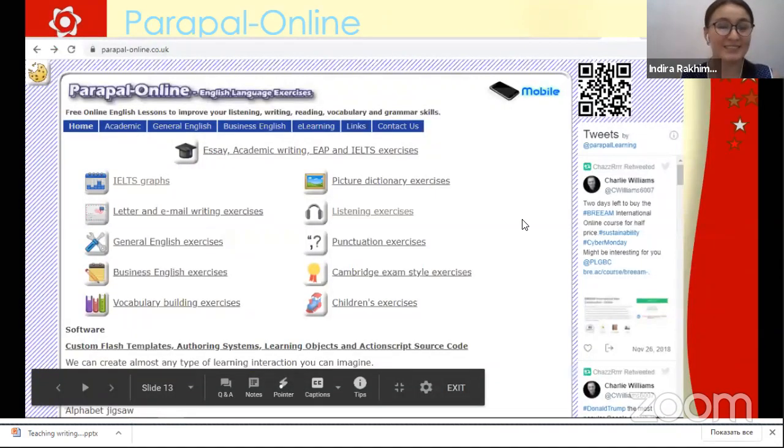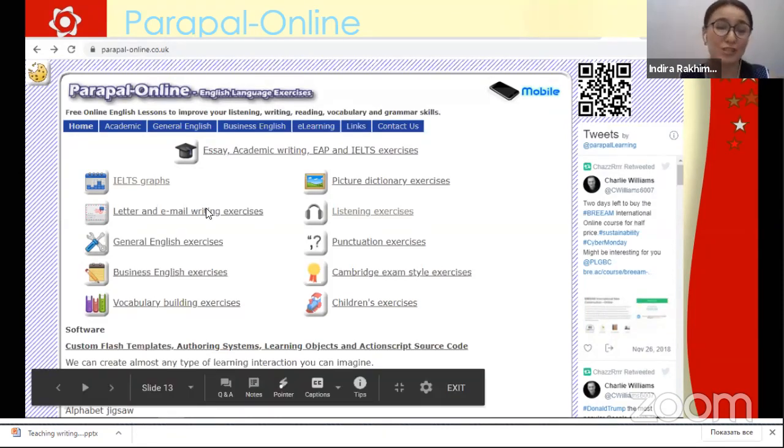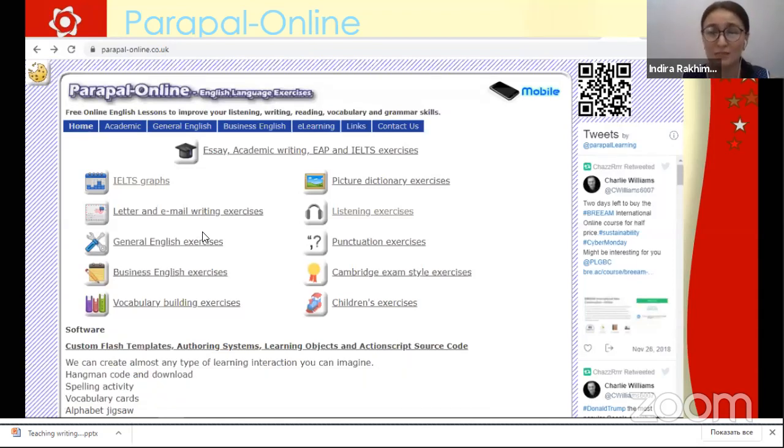Another very useful and time-saving platform, let's say, or website is called Parapal Online. What I liked in this website is that you shouldn't have to prepare a lot for the lessons because everything is here. You should just click on the writing that you want to teach, and the exercises will appear on your screen.